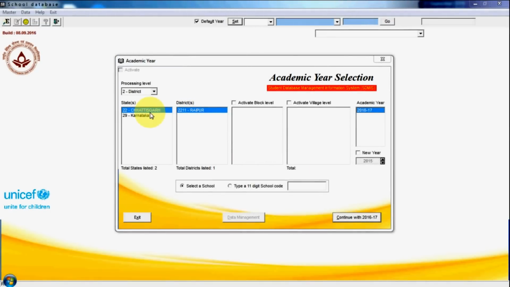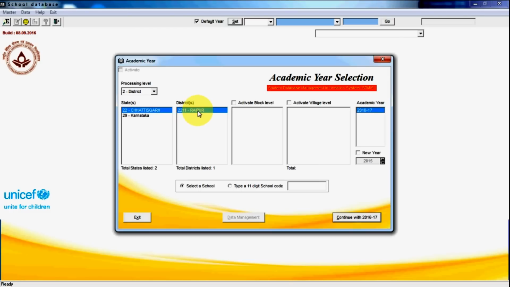Then you will see the data which is available in the SDMIS DB file. Presently in this DB, I have the data of Karnataka also, which means we can have multiple schools' data, multiple states' data, multiple districts' data, multiple blocks' data, multiple villages' data. Whatever data is available in the DB file, we get here.